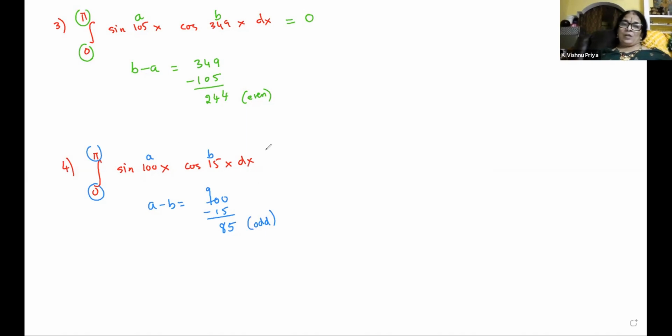So if I have an odd number, what is the formula I have to use? 2 into A. What is A? 100. By A square minus B square. What is A square? 100 square. What is B square? 15 square. Now, numerator, I will write 200. What will be the denominator? A square minus B square, A plus B into